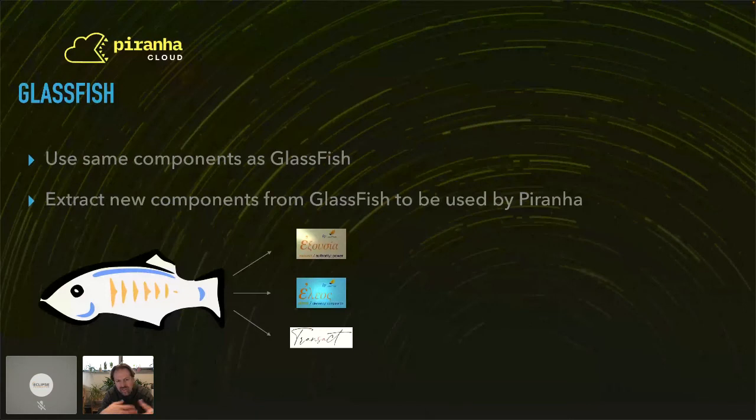In practice, all the default distributions that we have, they use the GlassFish components. So this is done on purpose, so that the two projects remain quite aligned with each other. So it's almost as if Piranha Cloud is a dynamic modular version of GlassFish, even though the server code is completely different.